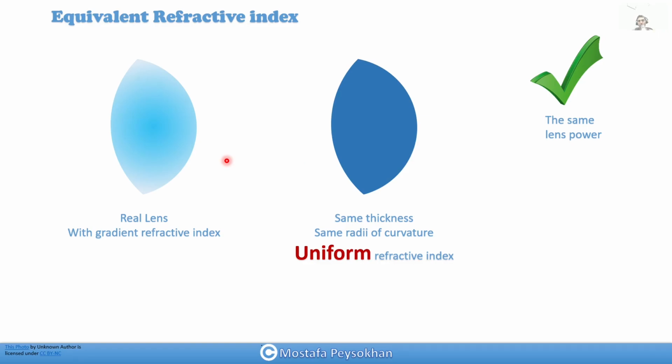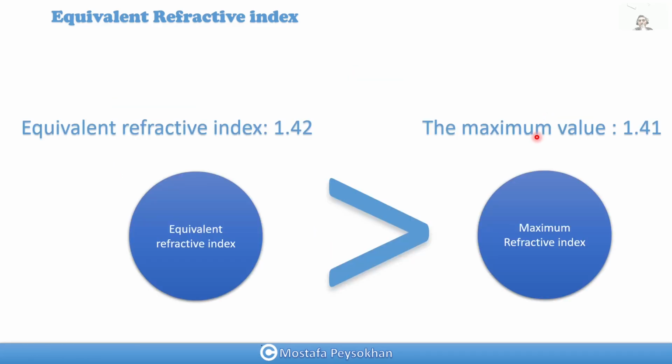And we should select that refractive index in a way that gives us the same lens power, because we don't want to change our optical system. So in this case, the equivalent refractive index is 1.42. So we can imagine in our brain that we have a lens with the same geometry. If we replace it with a bulk material with 1.42 refractive index, that can provide us the same amount of